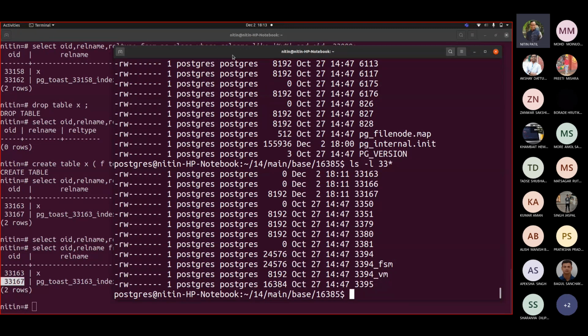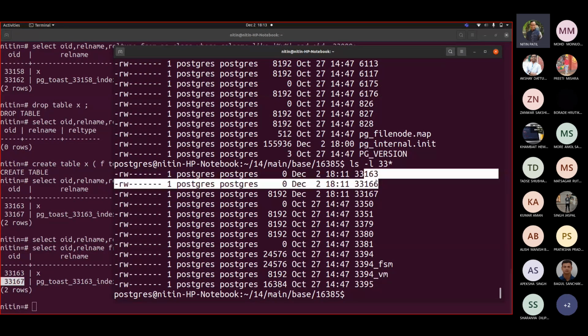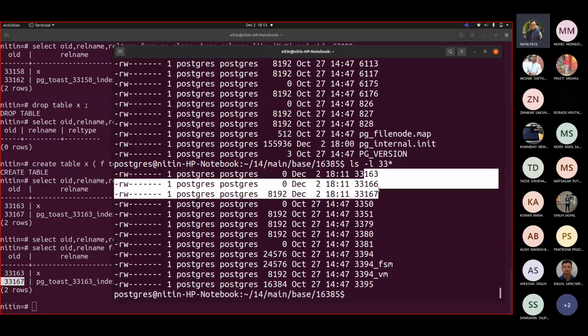Now see, with respect to 33163 and 33, these are the things that are created for after my relation: 163, 166 and 167. We are not sure what exactly this 166 is, but ultimately there is something called as 167, which is containing something.